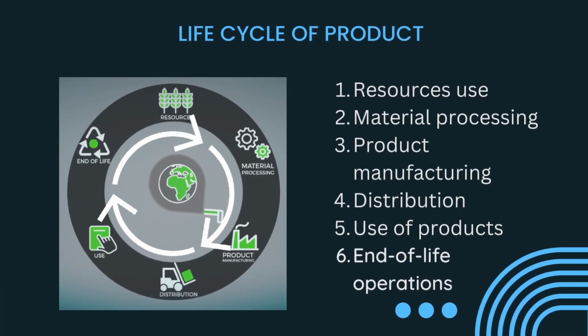Next is the life cycle of a product in LCA. All stages of a product's life are taken into account, such as resource use, material processing, product manufacturing, distribution, use of products and end-of-life operations. LCA may even evaluate specific phases in the production process and identify the life cycle stage where environmental consequences are the greatest. Companies can then select how to